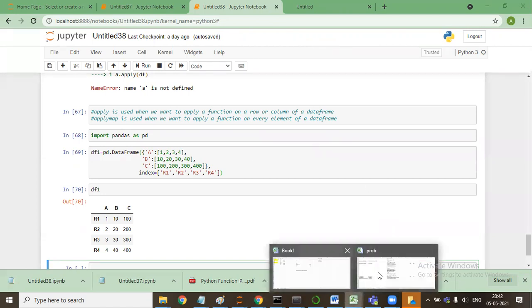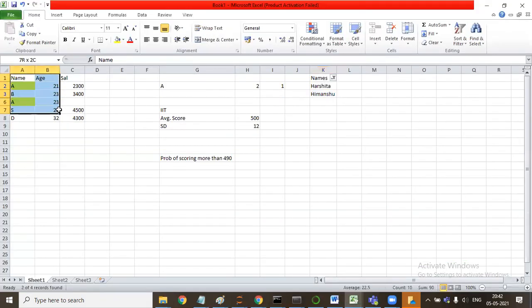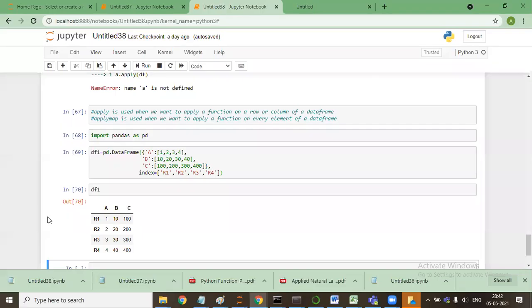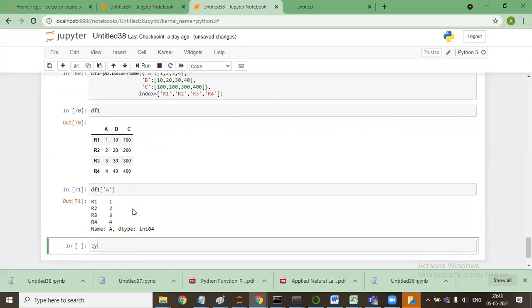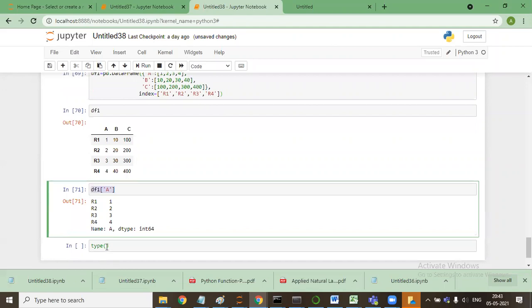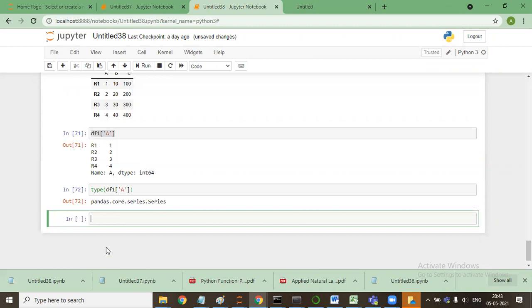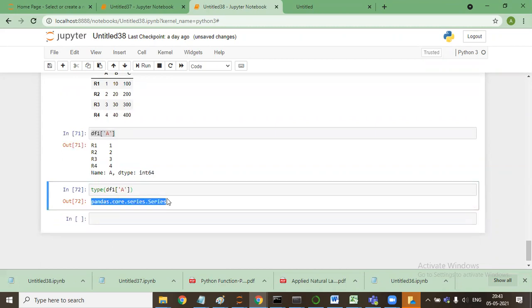So if this is a data frame, and if I select either a row or a column, it will be a pandas series.